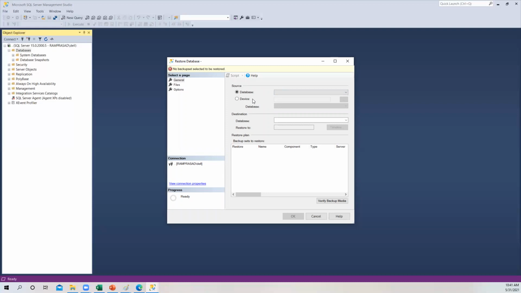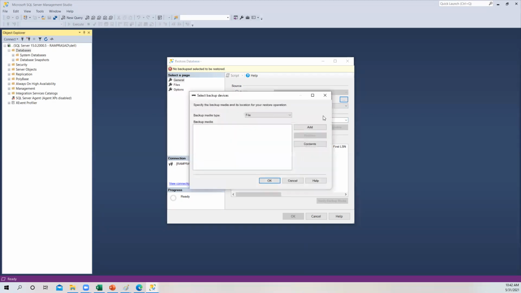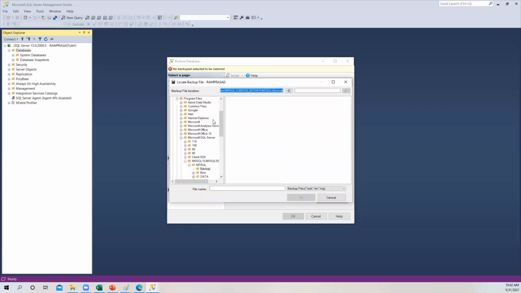Okay, guys, look at database, right? So here, where is my database, guys? This is a database, and source. Where is my source, guys? In my machine, right? You are not getting this data from another database. You are getting the data from the machine, laptop, correct? I select the device and go to this path. Backup media file. That is in the file system only, not in any URL or website. Okay, let us keep file only. Click add here.